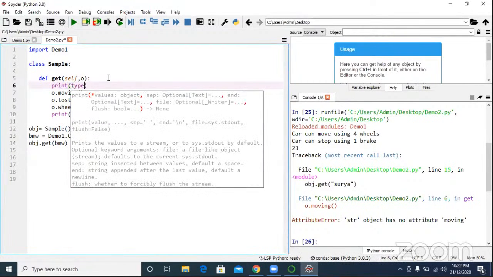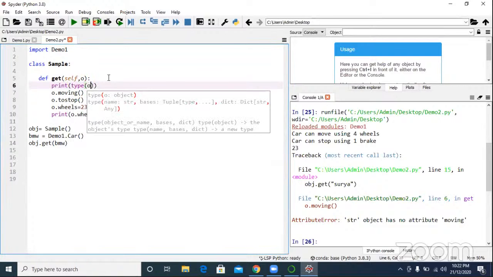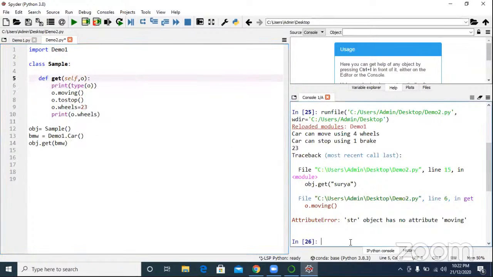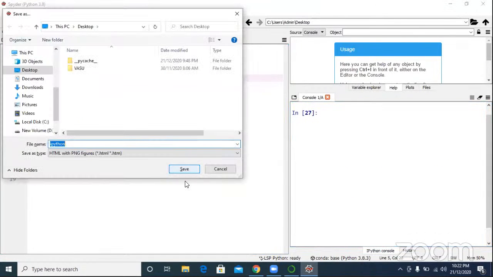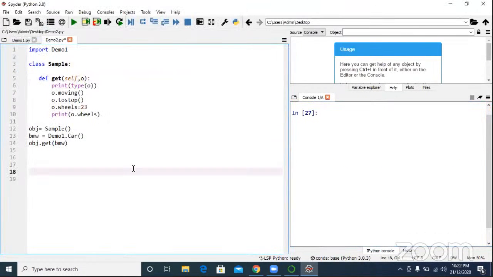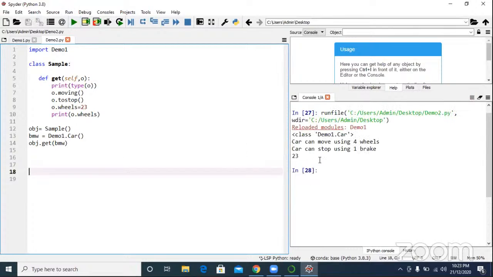Print. We discussed about the type function, correct? What is the type function? Yes. So what is the type? Char, na? So I will put a condition. If type of O equal to char, then do this.